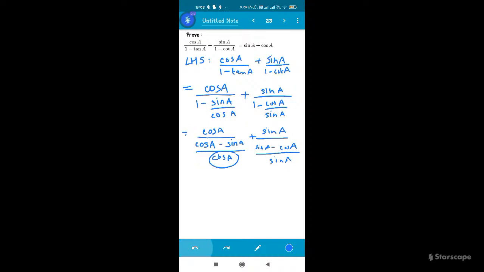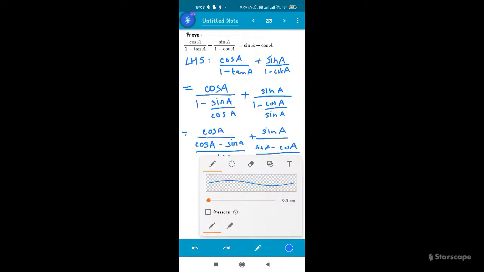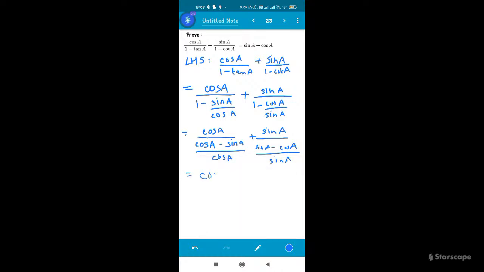So we are left with cos square A divided by cos A minus sin A